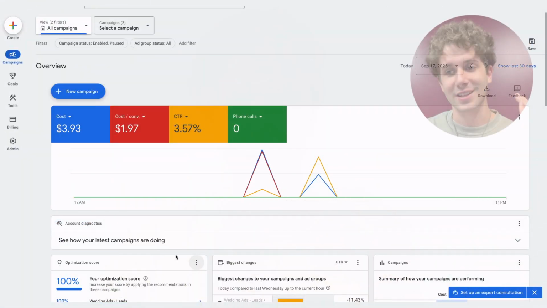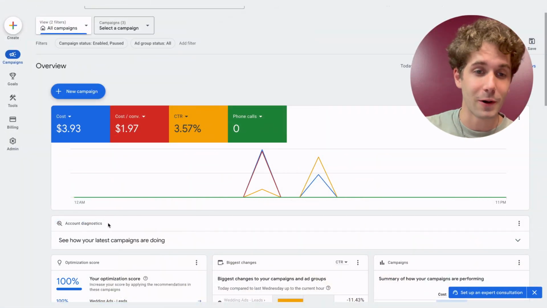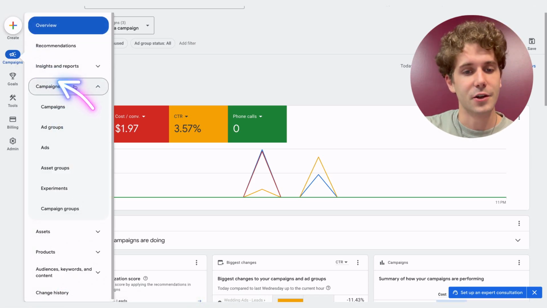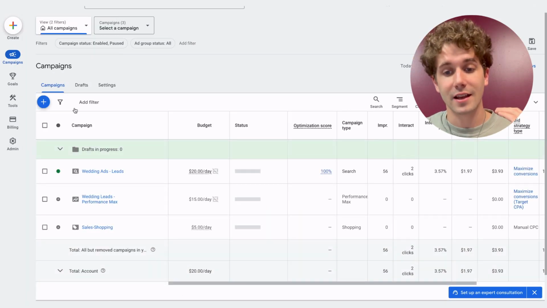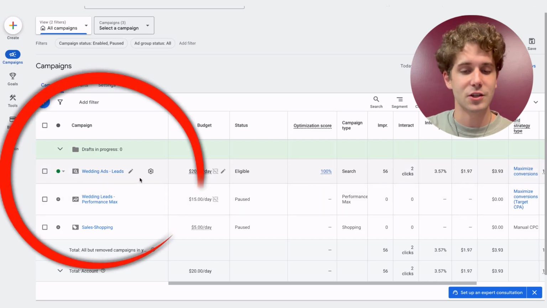So first of all, you're going to sign into your Google account. Your Google Ads account is going to look similar to what I'm looking at right here. Then you're going to go over to the left where it says campaigns, and then you're going to select campaigns. It's going to drop down. You're going to select campaigns again, and then you are going to find the campaign that you are wanting to